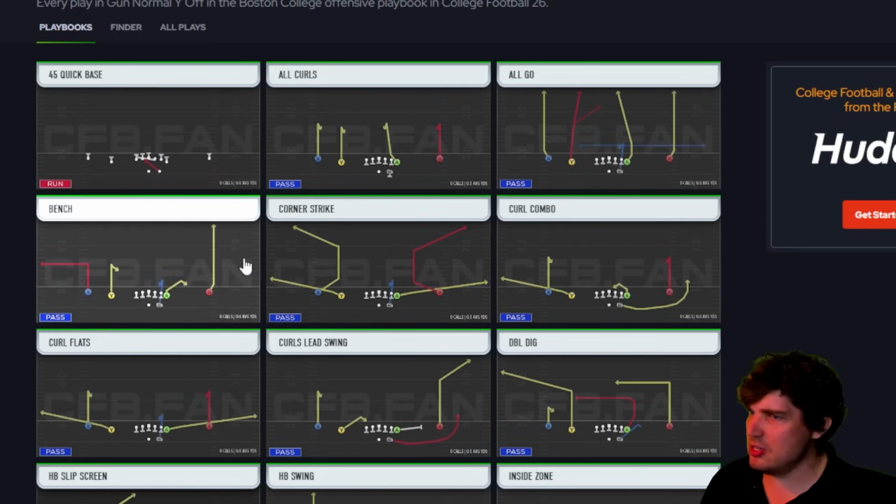Overall, there are some decent unique routes here that provide you some curl flats. This looks really nice, right? This is a great 3rd and 4 conversion, right? This one gets to a weird spot. This is just a regular curl and an out route. You don't even have a hot route, nothing. Maybe I would hot route this guy to a flat, depending on the space between these two, but this